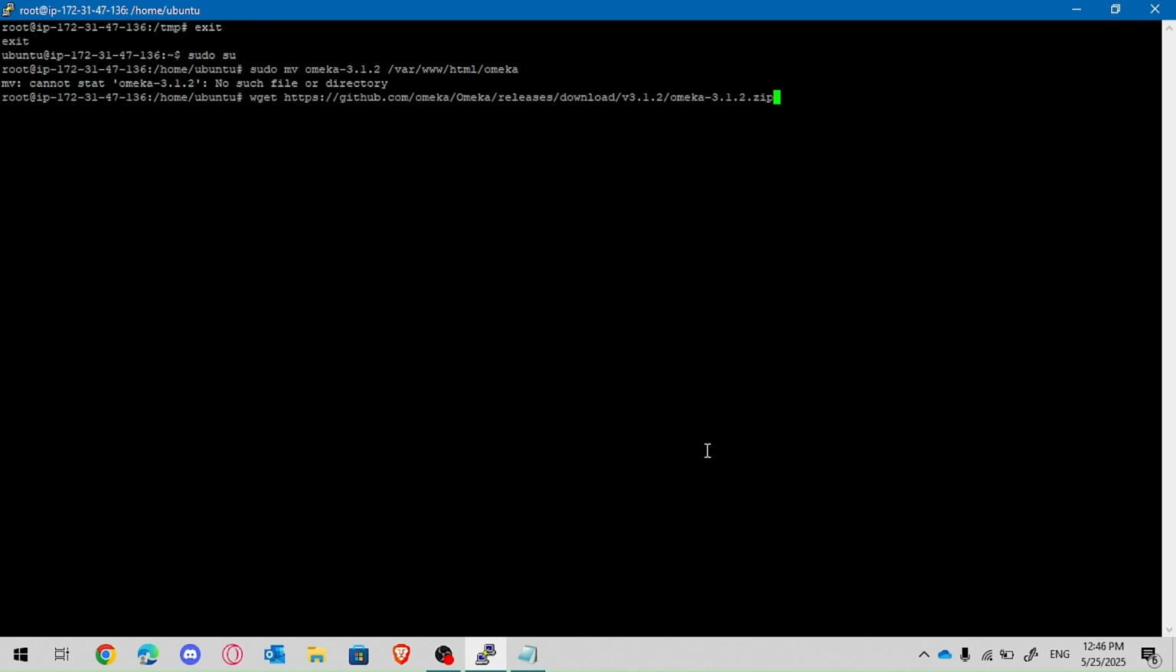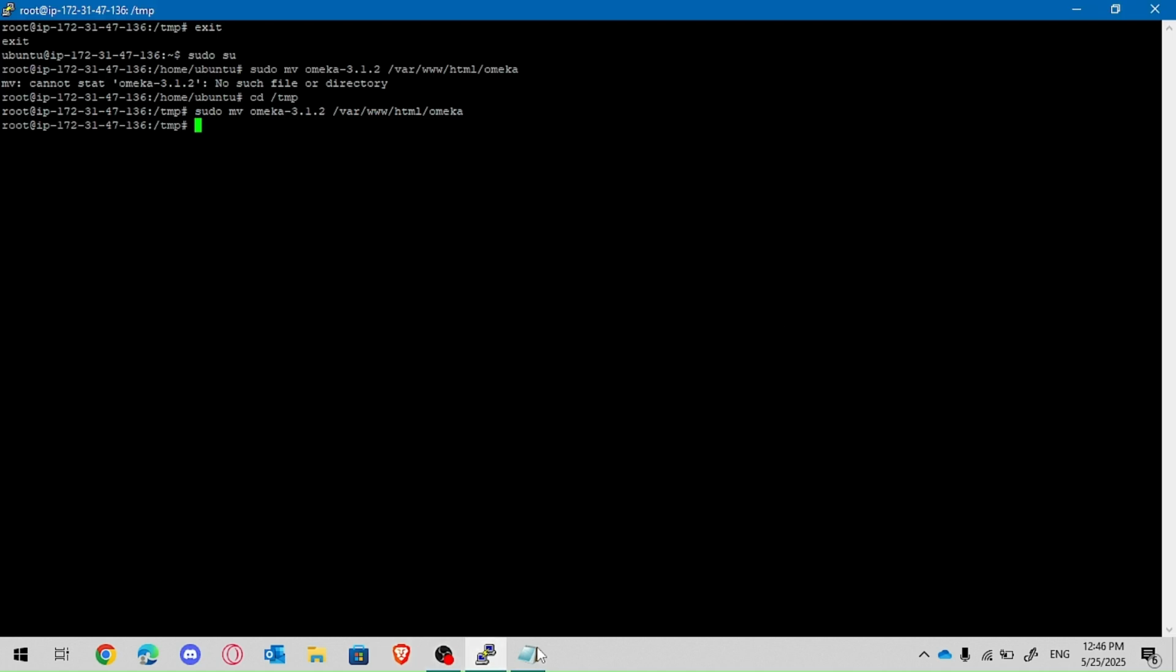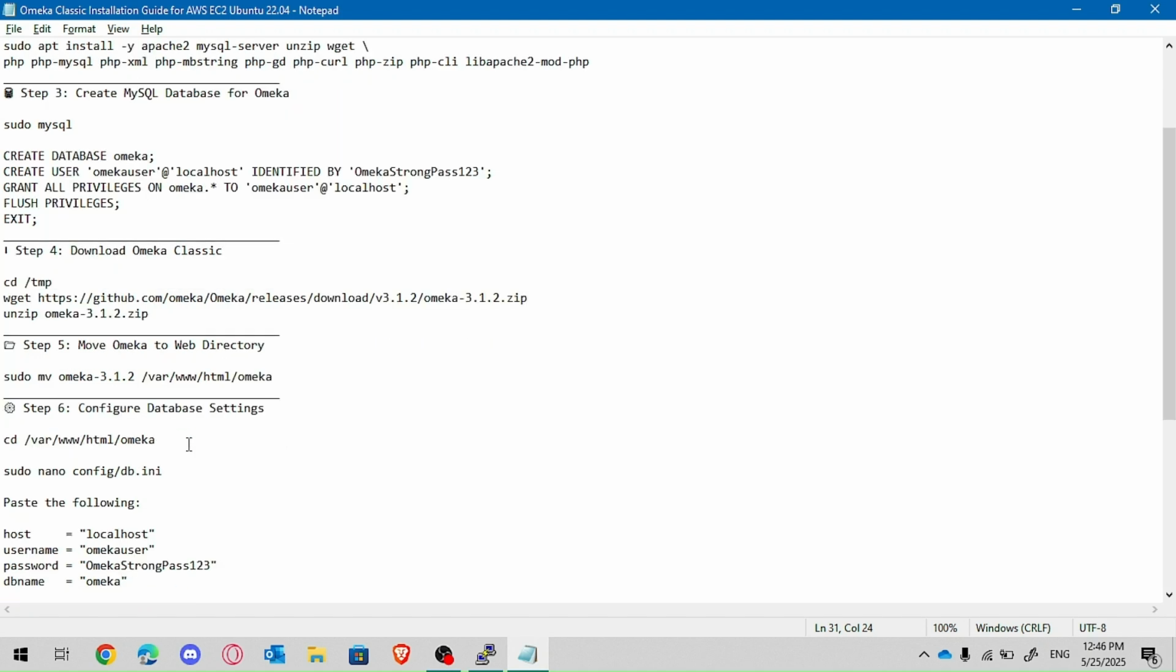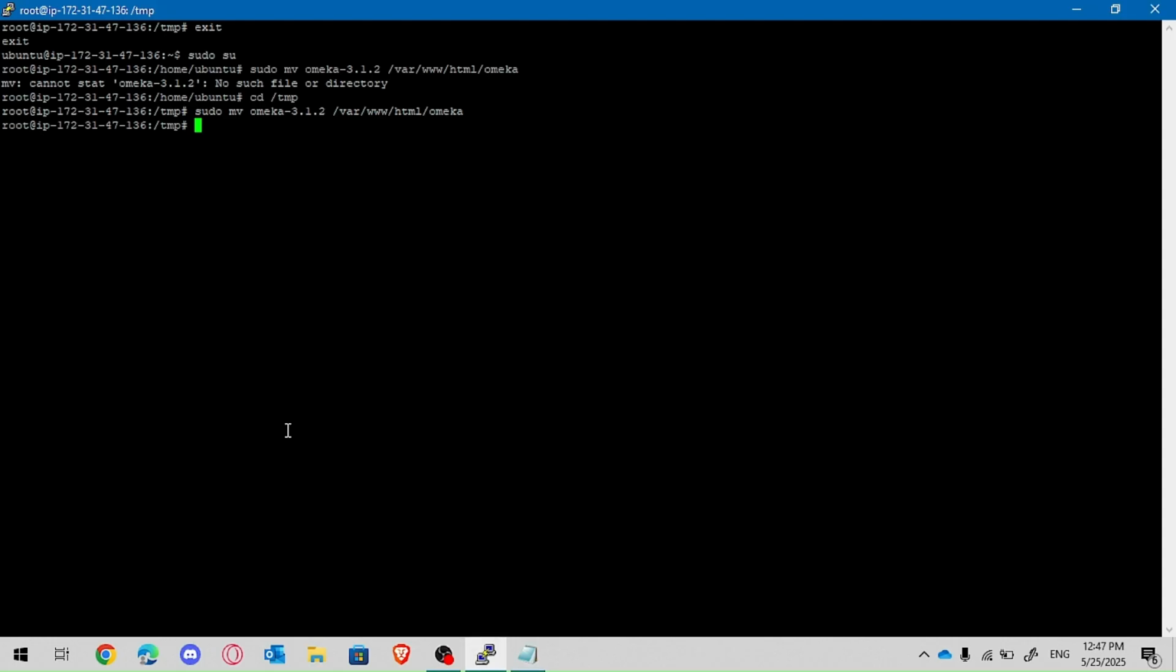Yes. Because I exit to the temp directory where we downloaded and unzipped the folder. I need to enter the temp directory, and there I can move it to /var/www/html, that is the web directory, and Omeka. I have moved that folder, and now at step 6, what I need to do is go to the web directory again, that is Omeka,